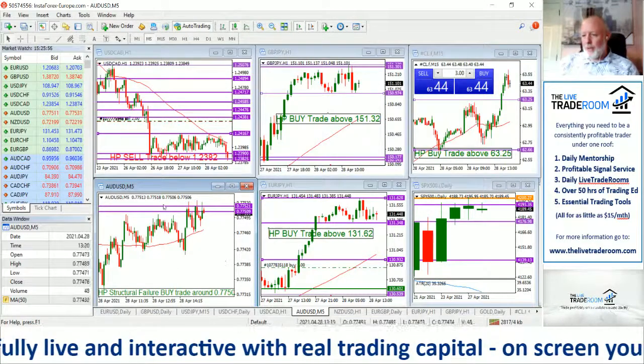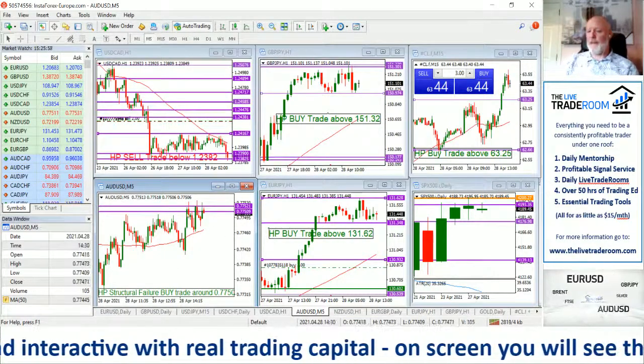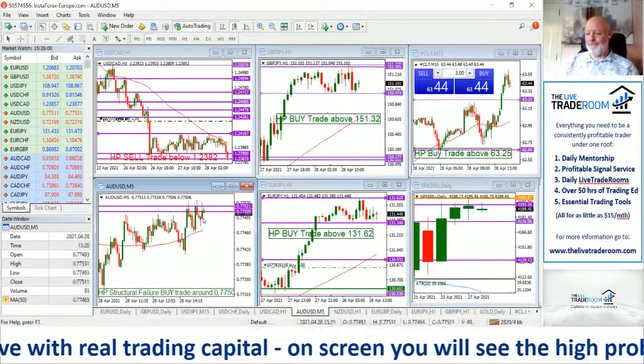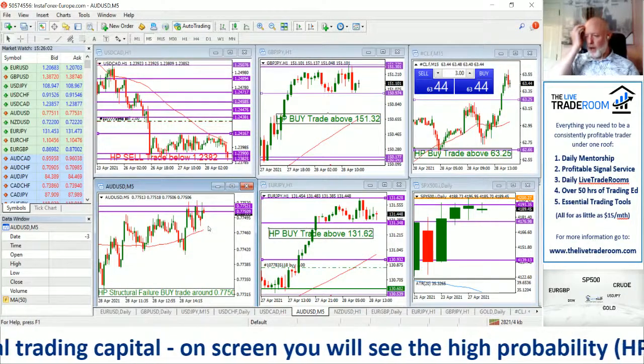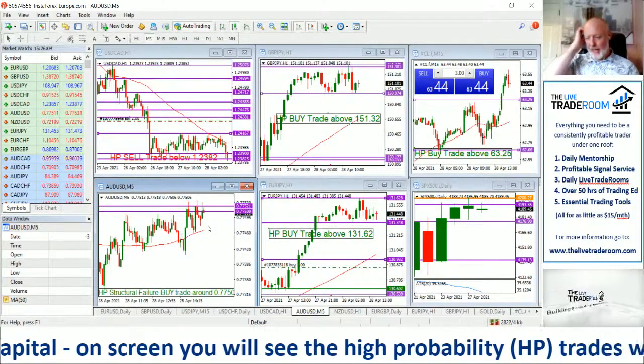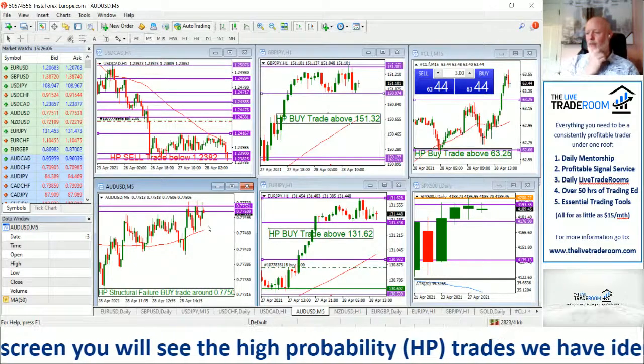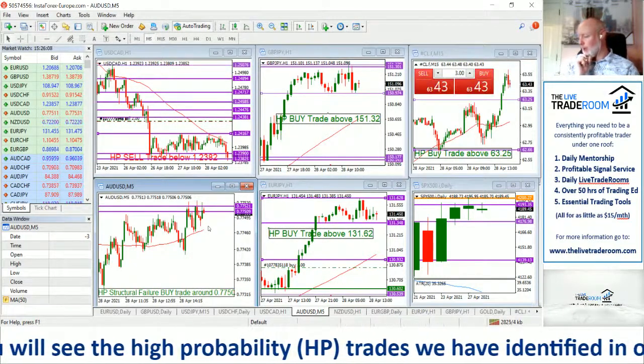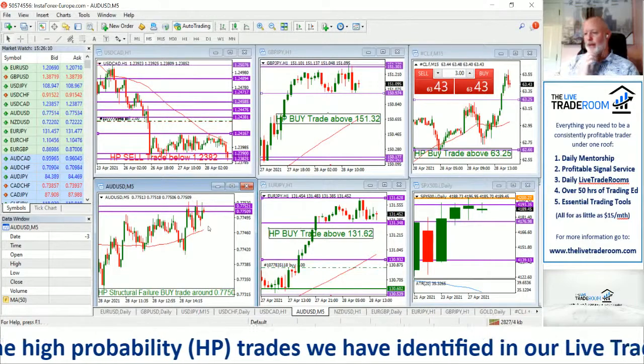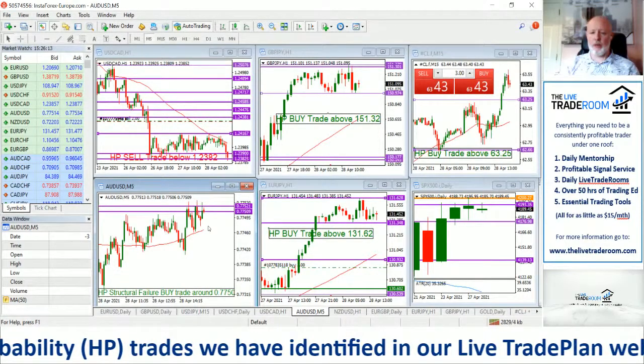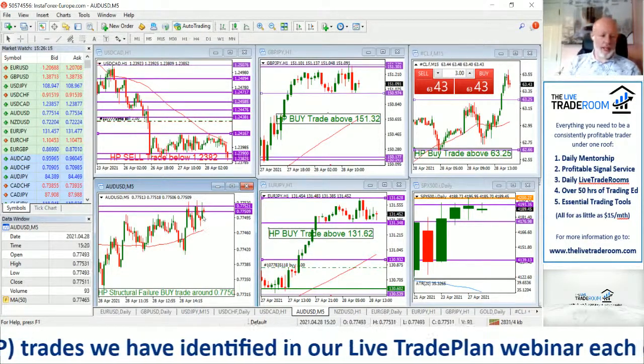So this is a good example of a bit of patience in the Aussie dollar. We failed to get the close above the 77.50, and now it's rolling back further to the downside. So unfortunately, we have to back off it and just not be too eager to be jumping in.